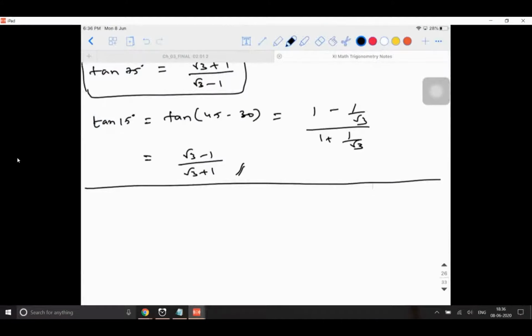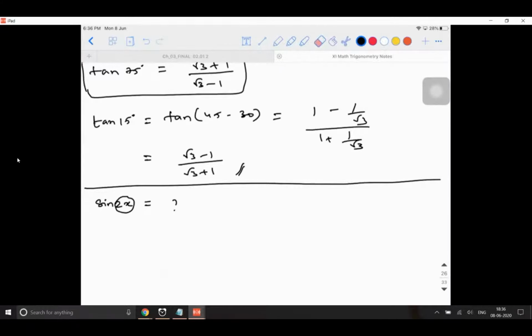Now what we will do is, we have finished for sine, cos and tan. Now the next set of formulas are called the double angle formulas. So now onwards you will have the formulas like this: sin 2x is equal to what? cos 2x is equal to what? tan 2x is equal to what? Means sine of double the initial angle, cos of double the initial angle and tan of double the initial angle. How to find them?